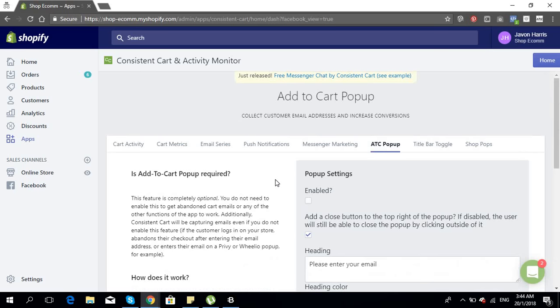What this does is, as soon as your customer adds an item to their cart, a pop-up shows up asking them for their email address. With this, you're able to send abandonment emails as soon as they've left the site. So sometimes customers will add to cart and not check out, and you can't really remarket to them because they haven't left any information. This cuts out that oversight